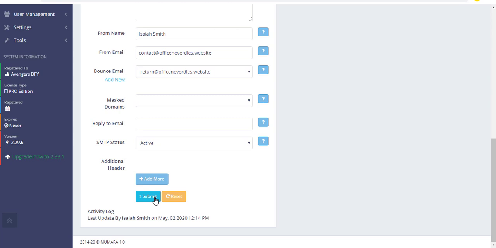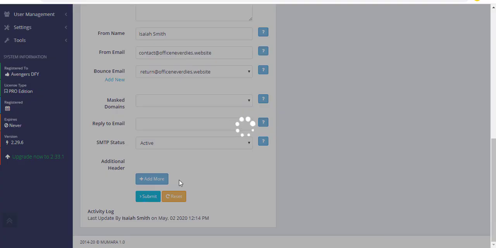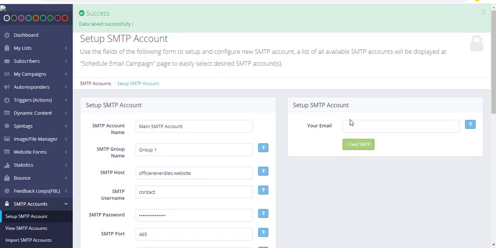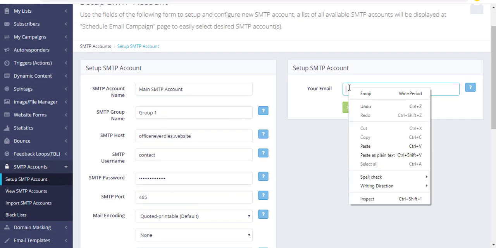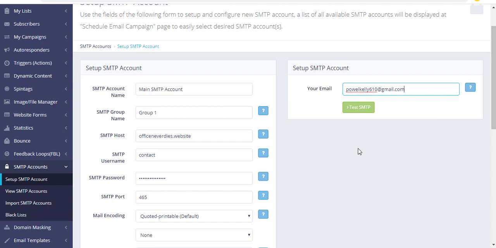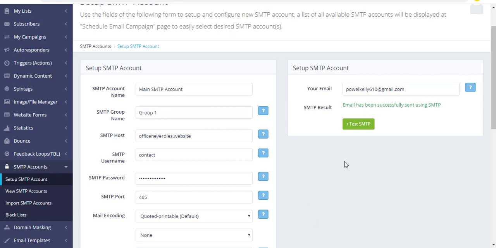But one thing: whenever we press submit, it asks us to enter some reply-to email, as it is required. So what we can do is press the space bar, a blank space here, and then press submit. And now we can test some sending. For this purpose, I have a Gmail account, and let's test sending to this email ID.